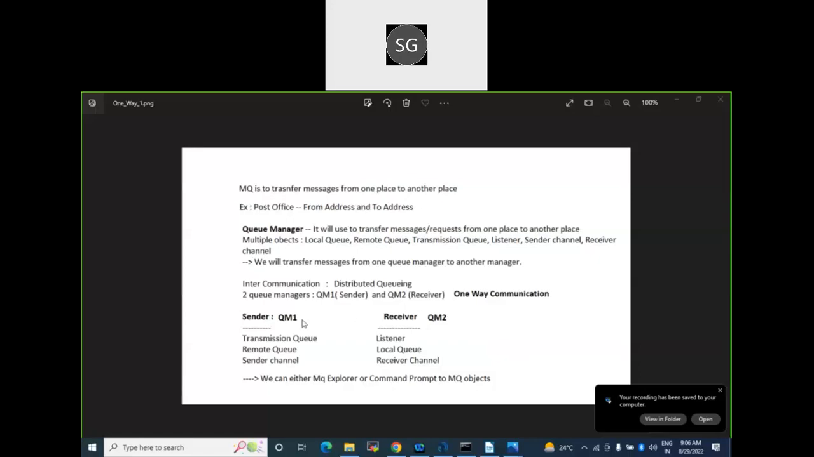So now in the two-way, what is the basic agenda of two-way, right? If you want to send the messages from QM2 to QM again, whatever we did it right, it is like